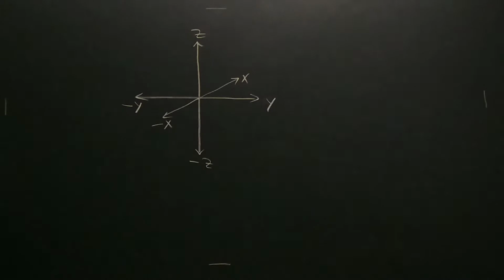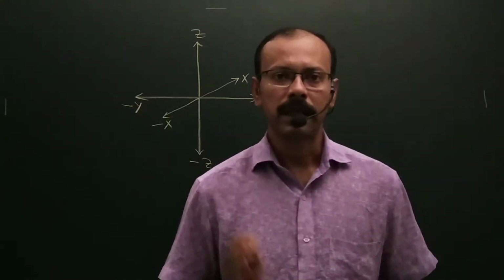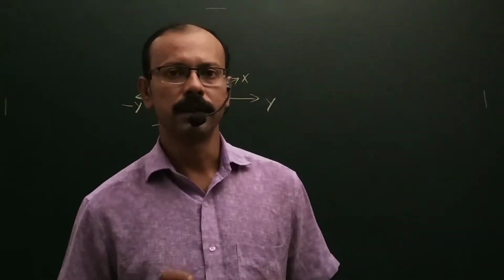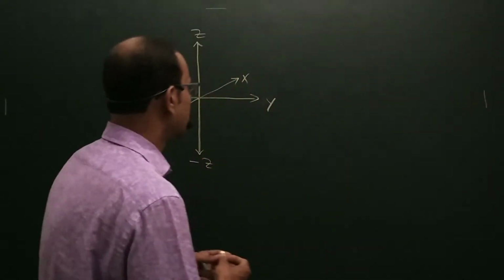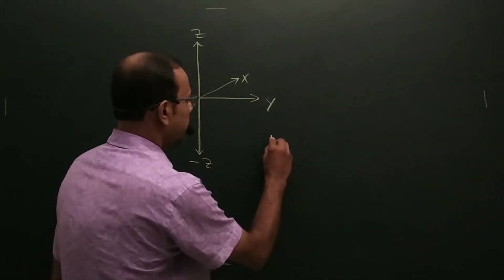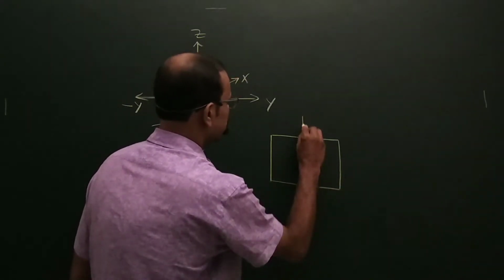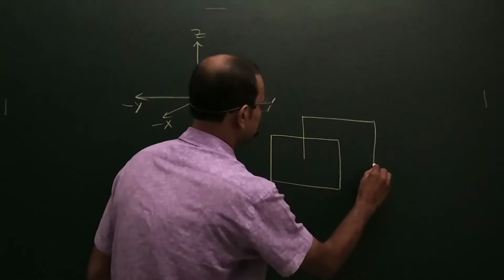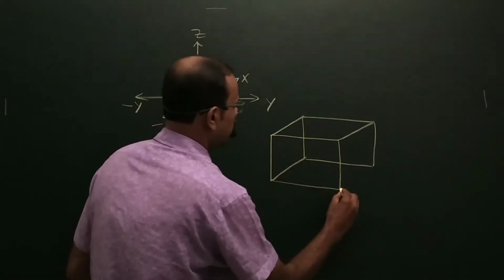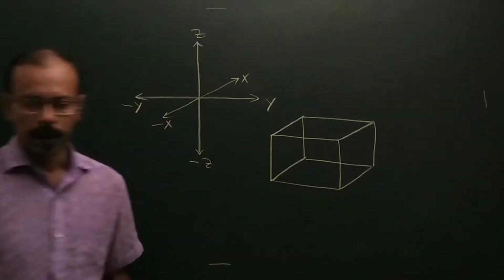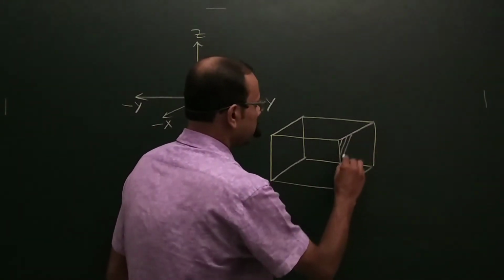According to this, I will draw the diagram of different unit cells, and for our convenience I will take the edge length of the unit cell as a unit cube. So, first of all, I would like to draw a cube like this, and I would like to find out the Miller indices of this plane.